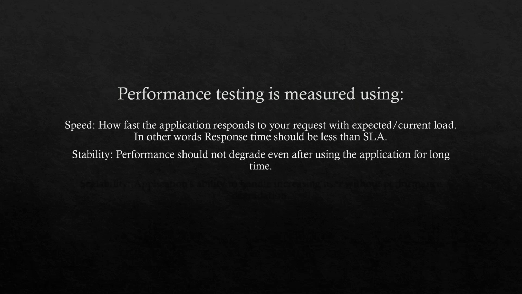Like in the first 1 hour, all the response times are coming in less than 2 seconds, and as the execution progresses, the response time should not be coming like 5 seconds, 10 seconds, or something like that. There should be some consistency during those 5 hours. On an average, it can take less than 2 seconds. Here and there it can take greater than 2 seconds, but on an average it cannot exceed 2 seconds. So that's where we are testing the application for stability. When I say stability, we are running the test for a long duration.